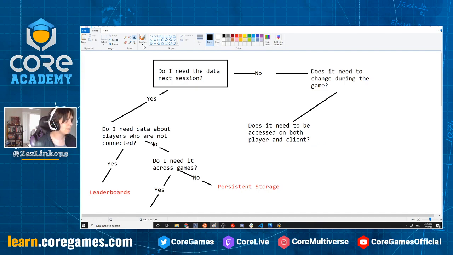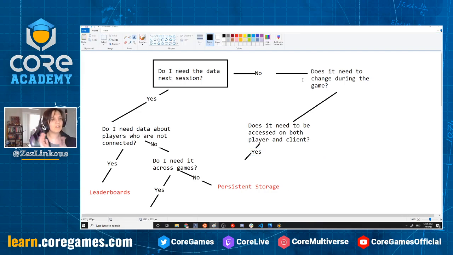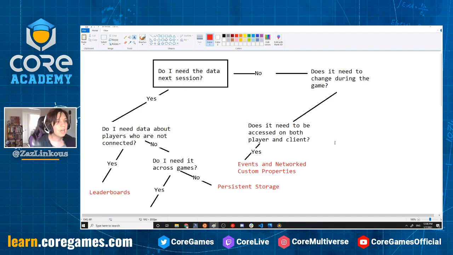And if yes, we'll bring this yes down here. Then in this case, if it needs to change during the game and it needs to be accessed on both player and client, then, and I'll put this in red, this is the case where we're going to use events and networked custom properties. And if it doesn't need to be accessed on both player and client, then